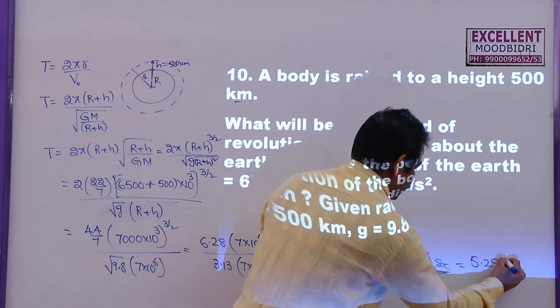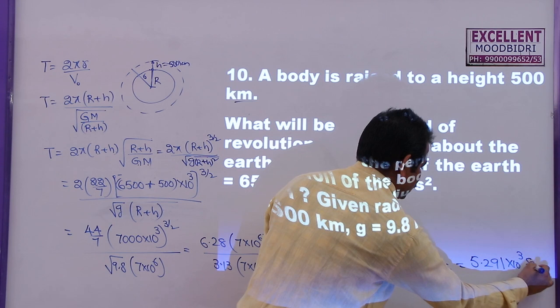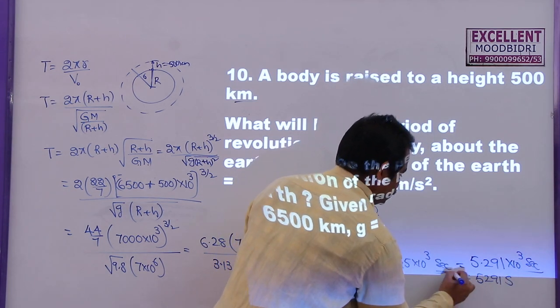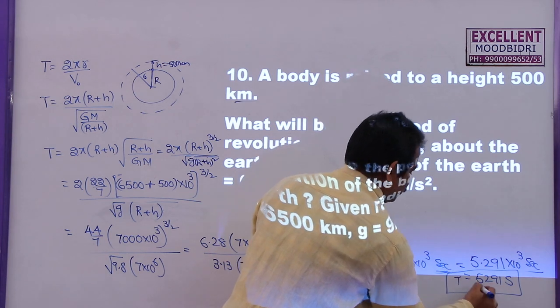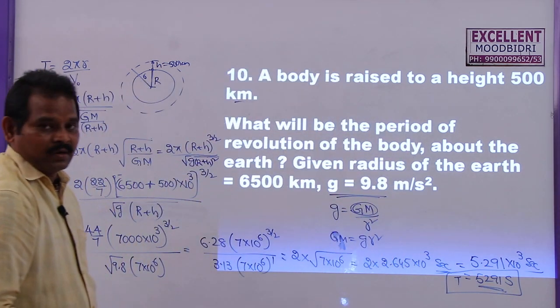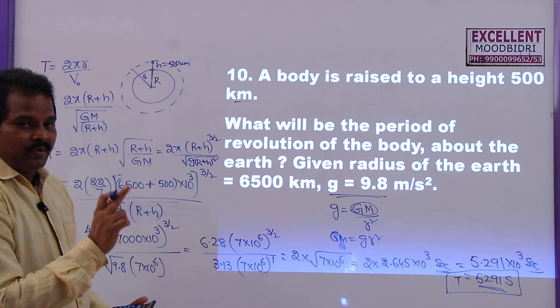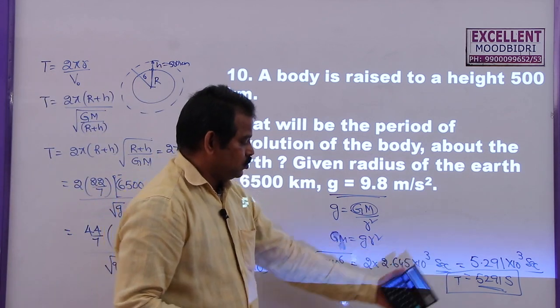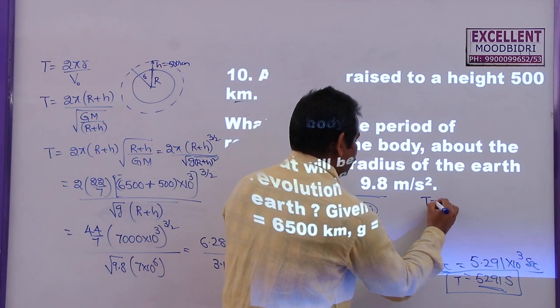5.291 into 10 power 3 seconds, or 5291 seconds. So this is the time period of this one, that is 5291. But we know that 1 hour is equal to 3600 seconds. So what is this 5291? So T can also be written as